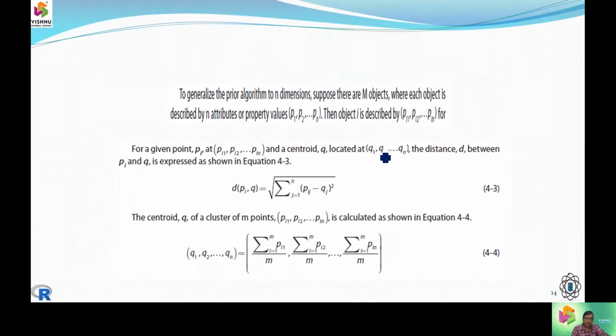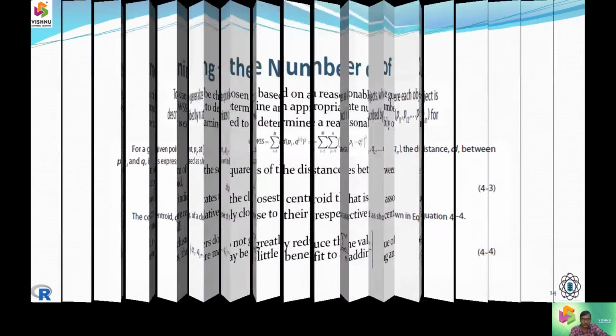So to have this, we have a spread, we are going to have the number of points, and the centroids we are going to locate with the values q1, q2, q3, and the distances between them we are going to call d. So we will measure this between point p and point q. So that is where we got these items.